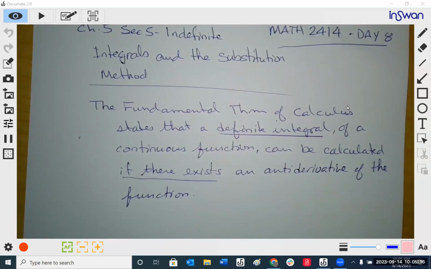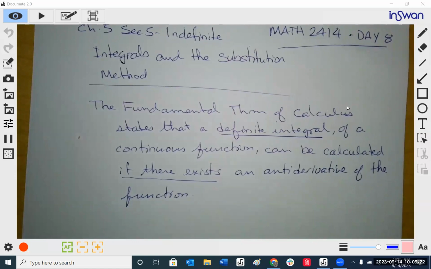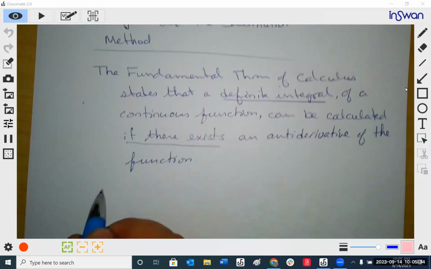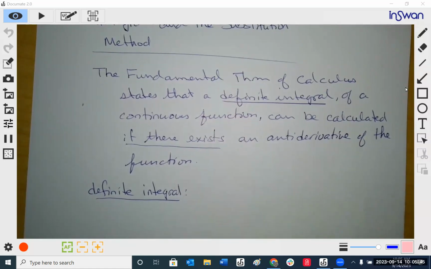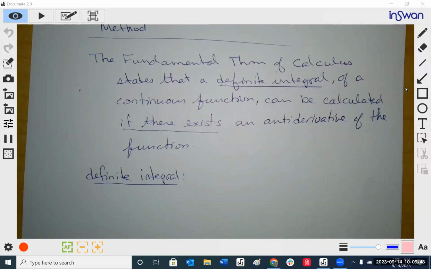The definite integral, first off, what is a definite integral? What does it look like? That's what it is, but what does it look like? Yes, the integral, it has bounds. The integral symbol,